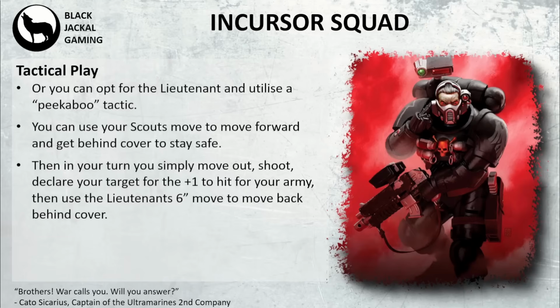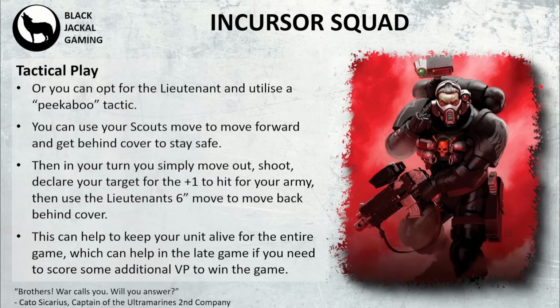You know what's better than -1 to hit? Not being able to be targeted at all, which is very nice to have. This can really help keep the unit alive for the entire game. And what this leads you into is being able to score those late game points later on. If you need to score behind enemy lines or get into another quarter for engage perhaps, having that 6-inch move, your average of 4-inch advance, being able still to shoot because you've got the assault, and then you've got that additional 6 inches afterwards, you've got a lot of movement to get around the board, especially when you can breach through terrain as well, through the ruins,